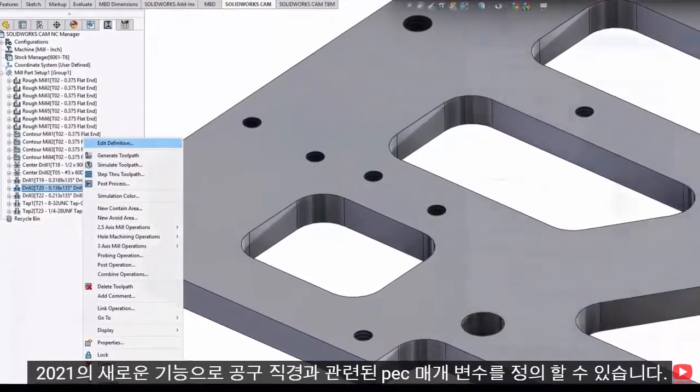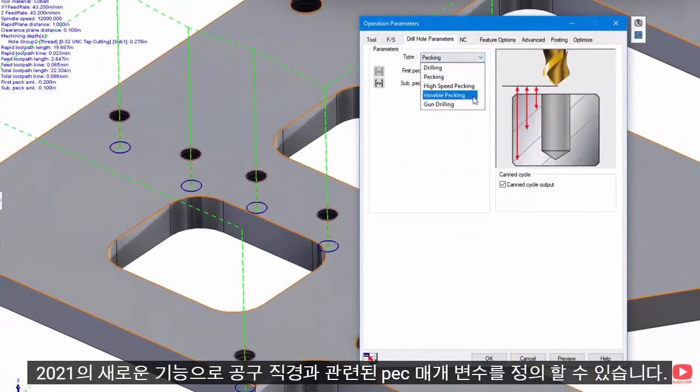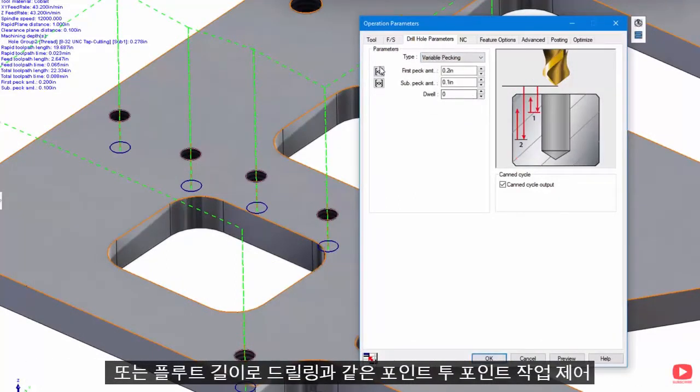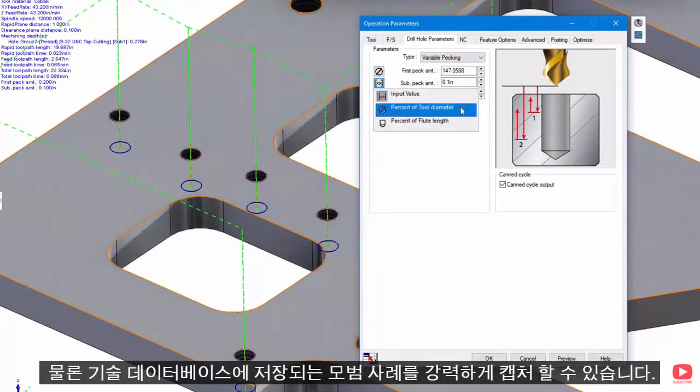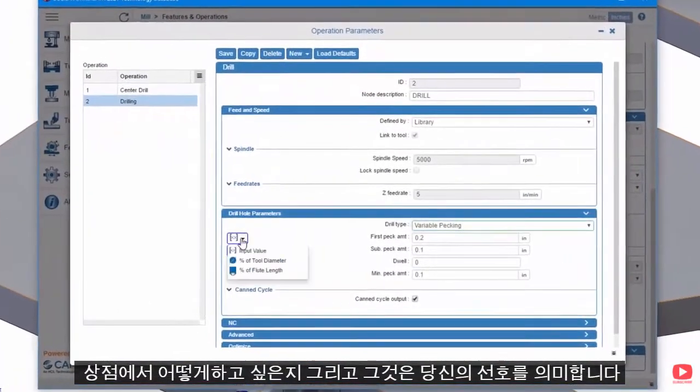New in 2021, you can define PEC parameters with respect to tool diameter or flute length. More control of point-to-point operations like drilling lets me capture best practices robustly. Of course, the technology database stores how you want to do it in the shop, and that means your preferences